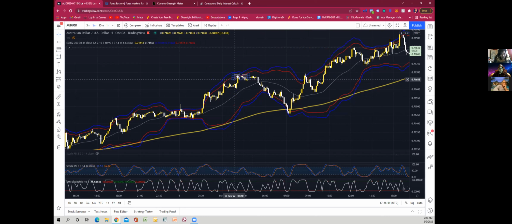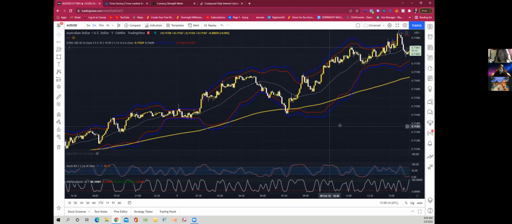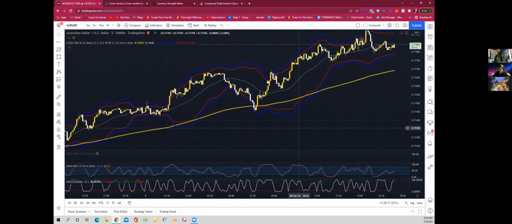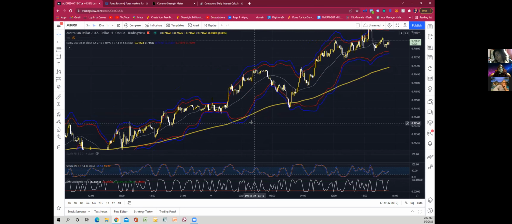But as I was saying, this right here, yes, it is touching the first Bollinger Bands, but if you go straight down, it's not overbought. It's not overbought. So I wouldn't have taken that. I wouldn't have taken that at all. So stay away from stuff like that. So if you want to get into it, just make sure that it meets all of the requirements, all of the rules. And then that's when you can start implementing your zones. Okay. So let me know if y'all have any questions about that.